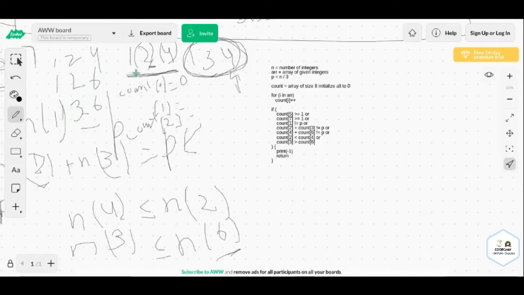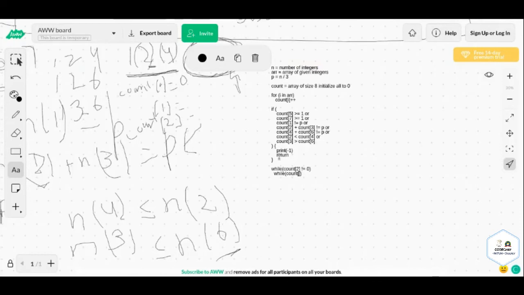So first of all, for the test case t, while count of 2 is not equal to 0, we will print 1 2 4 and 1 2 6. So then we will check while